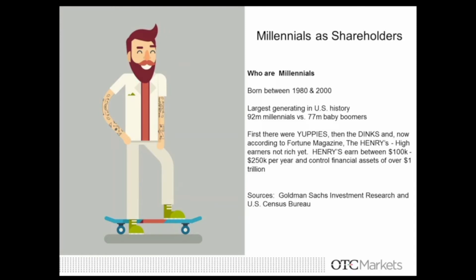So you probably all know they're born between 1980 and 2000. They're the biggest generation in U.S. history. I learned something new. There were yuppies and there were dinks. Now they're Henrys, and a lot of these guys make a lot of money. They're not rich yet, but either by continuing to work or their parents passing, they're going to have money at some point in time. So I started thinking a little more about them as shareholders. If we go on to the next slide,